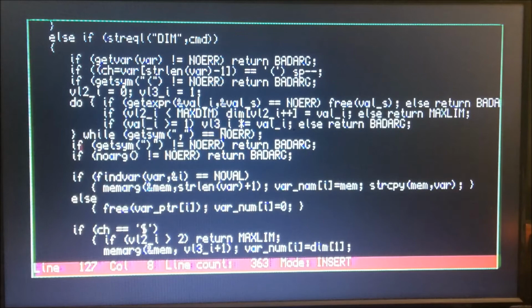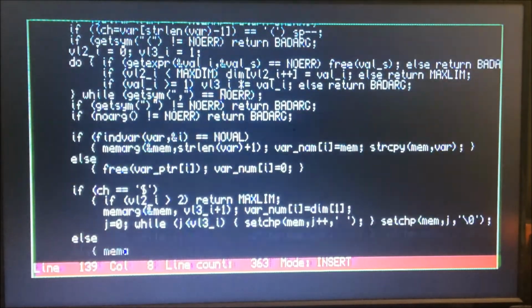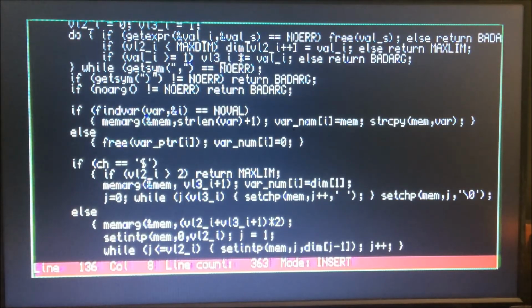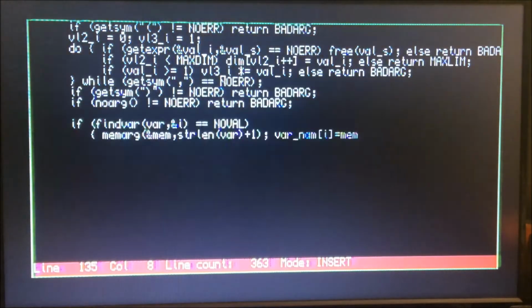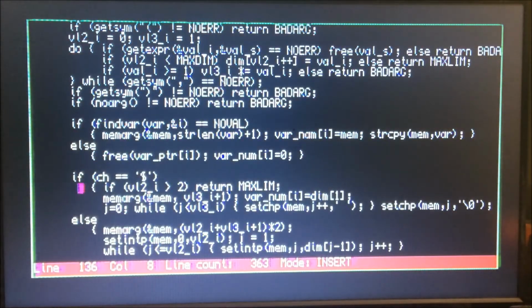Because I want my string just to be literally a piece of memory that contains a string, I initially made it a single-dimensional array. So when I decided to create a 2-dimensional array, notice right in here, I actually checked to see if the val2 integer, is what that stands for, is greater than 2. If it's greater than 2, then I've reached my max limit. In other words, my dimension can't be greater than 2 if I'm dealing with a string, which is what this says. So if it's 1 or 2, then my variables, so I'm not using structs because it's kind of a pain to do in Digital C, which is a small C compiler. So what I have instead is